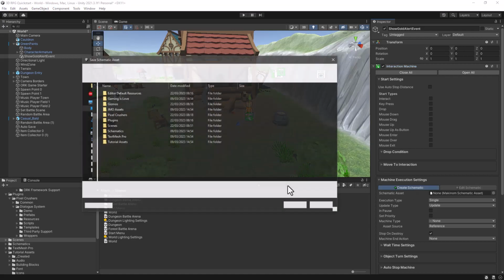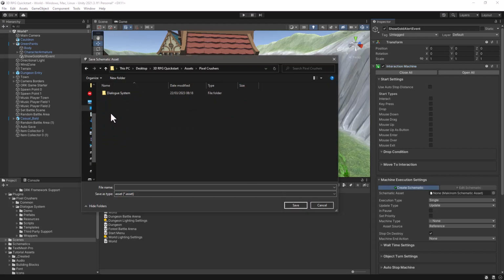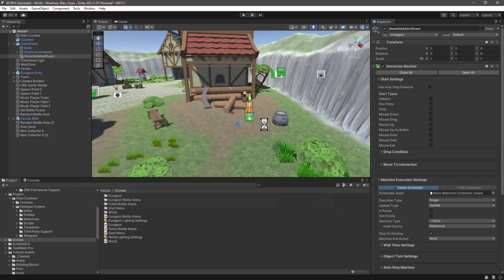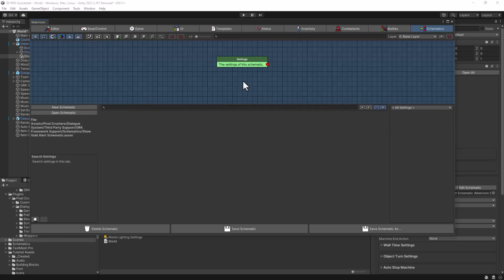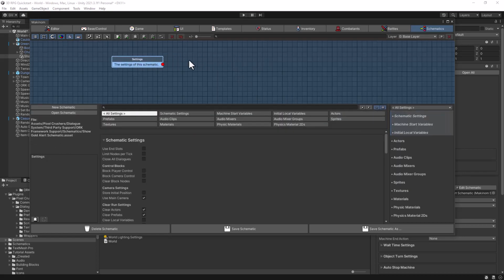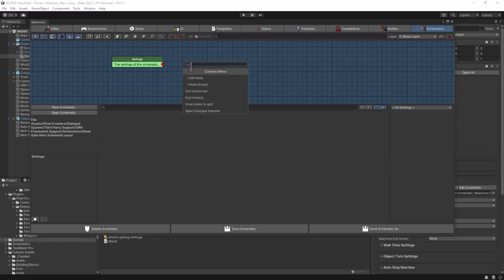So let's create the schematic, and let's place it once again over here, and let's call this one show gold alert schematic. The machine editor will open, and from here we are going to call another dialog system node. In this case it is called the show alert,